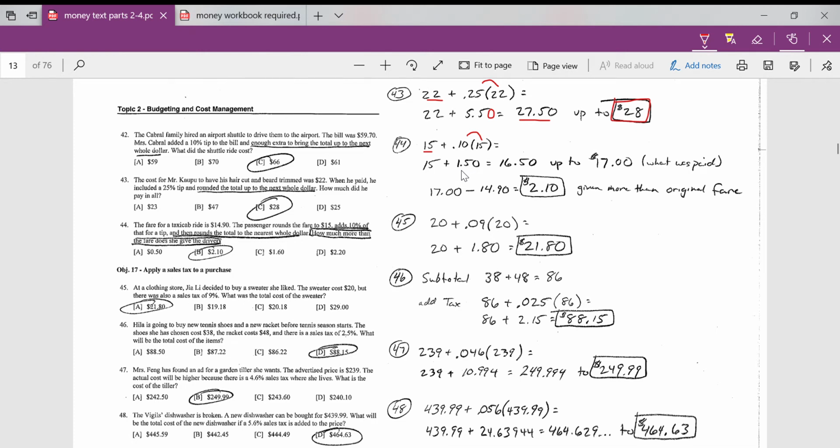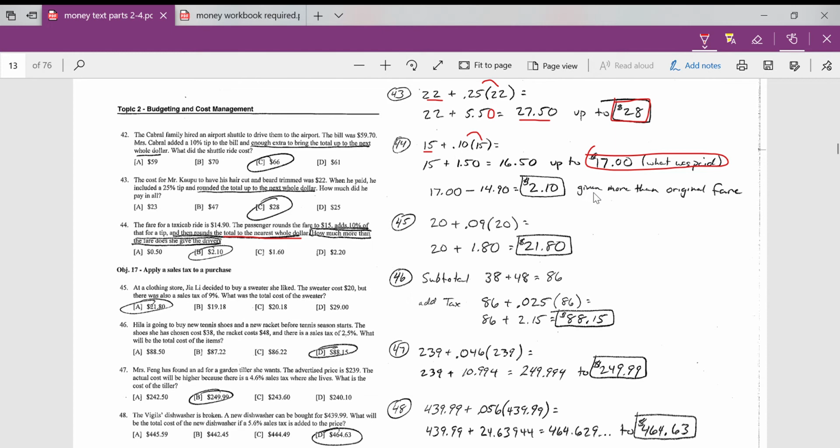Then we add that $1.50 for the tip plus the $15 original, and that's going to be $16.50. Then it says rounds the total to the nearest whole dollar. So again, they round that up to $17. So that's the amount that she gave